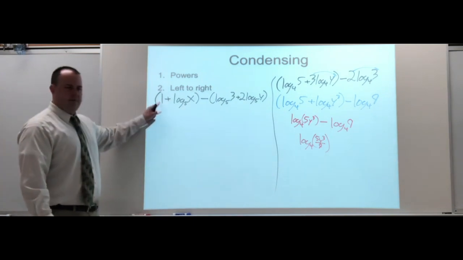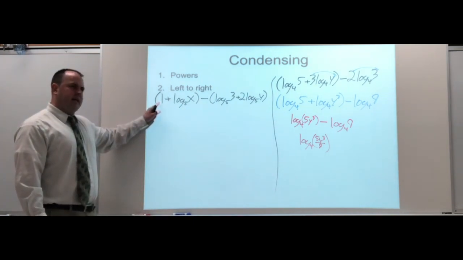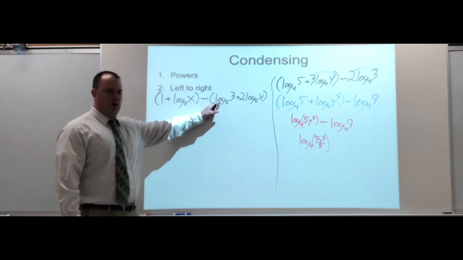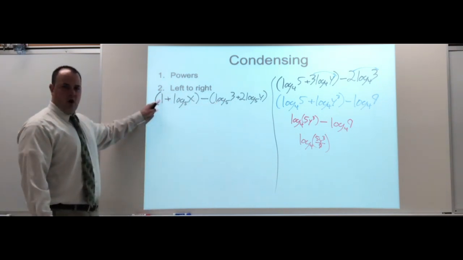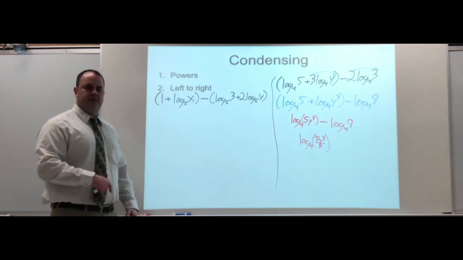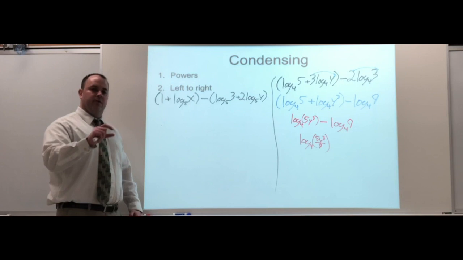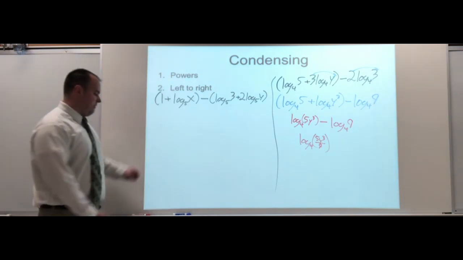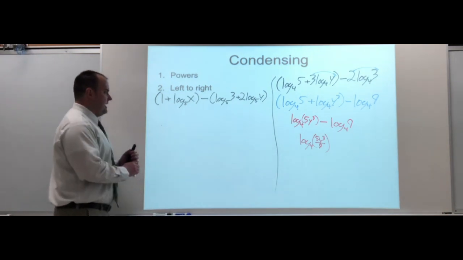We also have a value of 1. So we have to think, how can we rewrite that 1? We have all logs, log base 5, that's what we want, and a single value of 1. Okay? Think about how you can rewrite that. Think of how we did it expanding. When we had log base 3 of 3, we simplified it to 1. Well, we're just going reverse this time. We have a 1, so let's rewrite it as